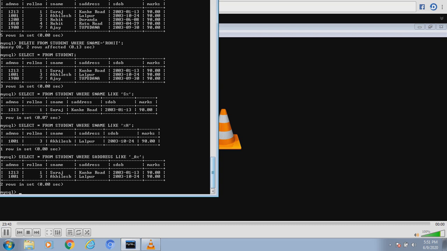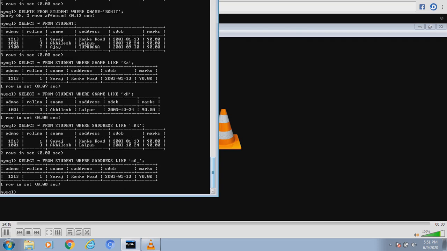If somebody says second last character should be, say, U, so how will we put second last character? We will say anything at the beginning, and there should be something at the last, that is last should have an underscore here, and before the last there should be A. So second last is A. Students, you can try other combinations because you now know what underscore means, what actually percentage means, and how we use them. You see, we have Kanke Road here because I gave last, second last is A. So second last we have A in Kanke Road. So Kanke Road comes here.